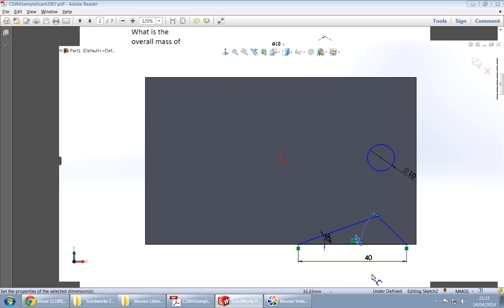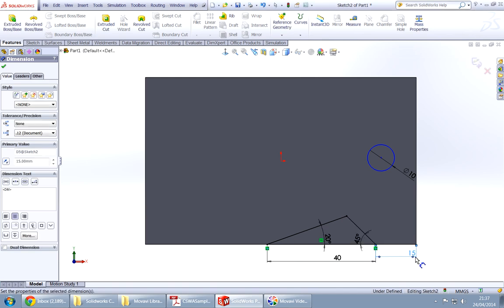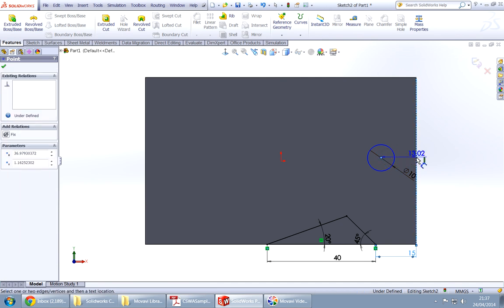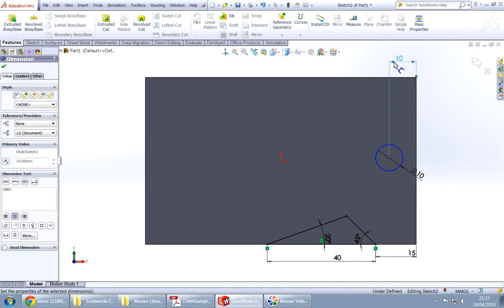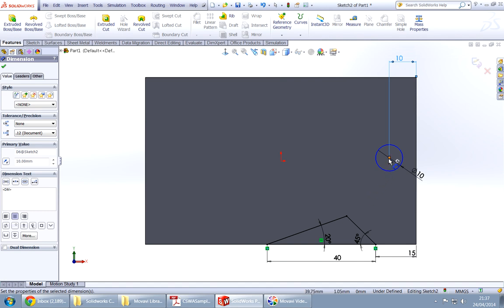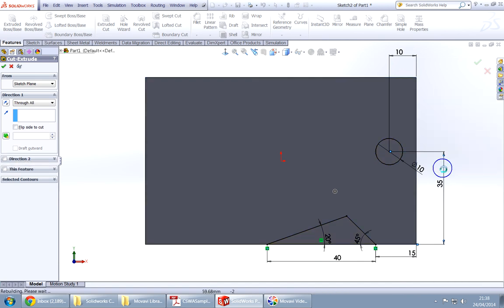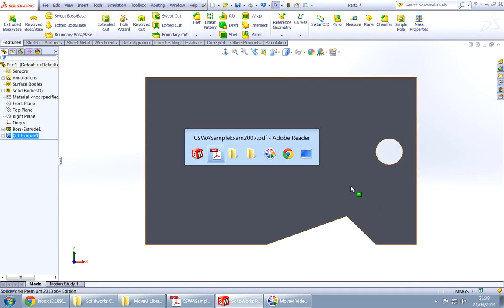How much is from the left? 15. What about the circle? Circle is 10 from left. How much from bottom or top? As you can see, it is in the same line as this. So, this is 35, so it should be 35 from the bottom. Now it's fully defined. Press your shortcut key, right click, select through all, again right click, made the hole,